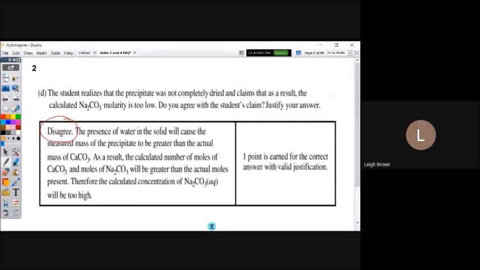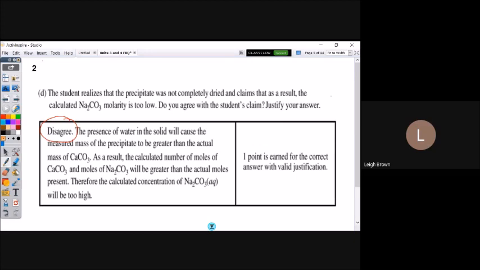I know the rubrics always sound perfect, but the important thing here to get this point is to walk through very specifically how all of your values are affected, okay? So I'll just read the rubric, but again, I use the term mass was overinflated. There are lots of ways you can say this, okay? So the presence of water caused the measured mass to be greater than it really was, or than it actually was, okay? So do you see how you can change it and put it in your own words?